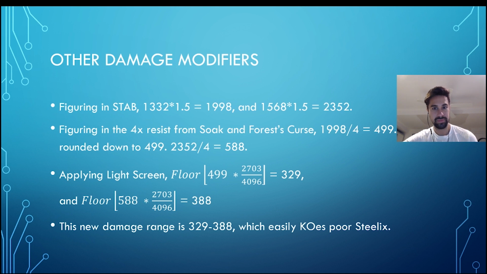And then on the next slide, we will see that if you are able to figure in STAB and then the 4 times resist and apply Light Screen again, we see that this new damage range is going to be somewhere from 329 to 388, which is plenty enough to knock out Steelix. And so on the next slide